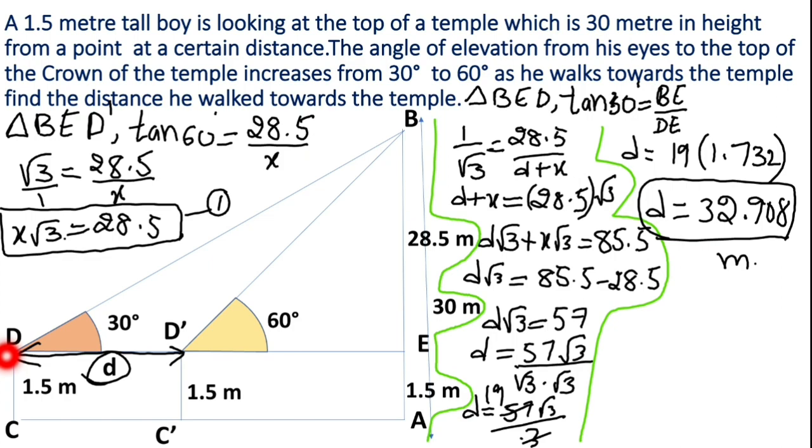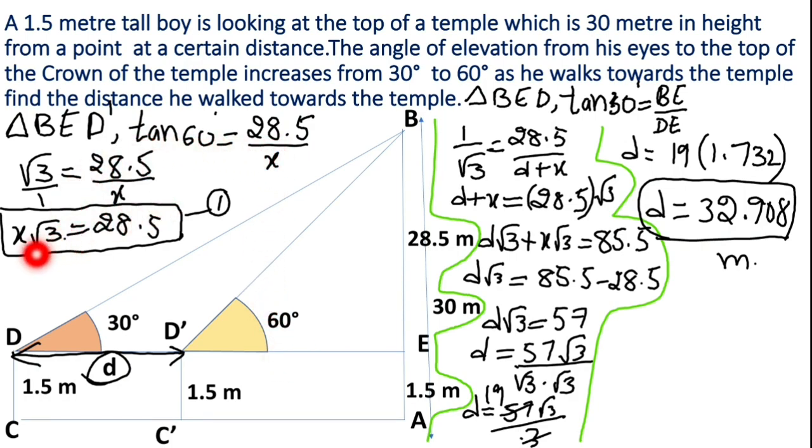And clearly the height of the boy is given as 1.5 meters. So from the diagram, CD, C dash D dash and AE, all length becomes 1.5 only. So based on that, here AB length is 30 meters and AE length is 1.5. So we know that BE is nothing but 30 minus 1.5. So first calculate this. And after that, clearly we can observe two right angle triangles here. One is BED dash and another one BED. So take first BED dash. Then from this, here this theta, this becomes opposite, this is adjacent. Here consider it as x.